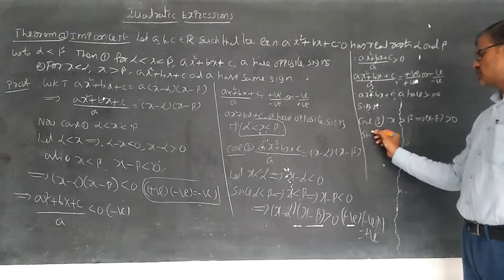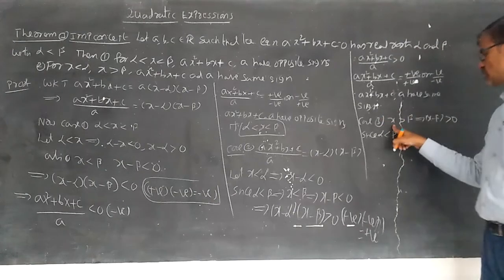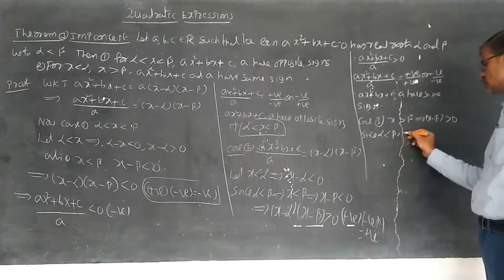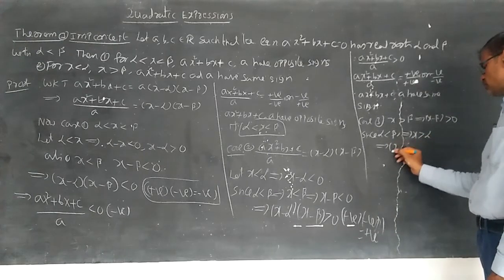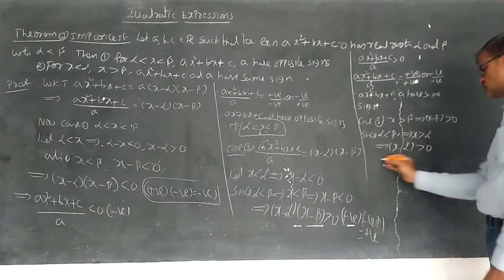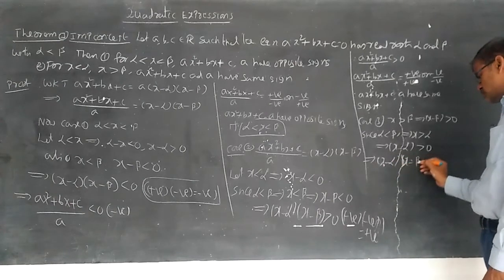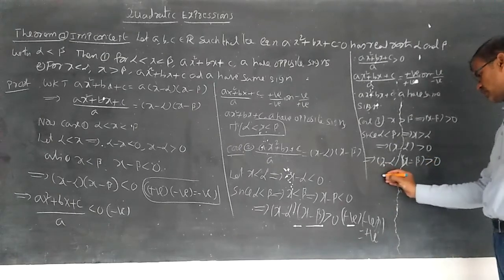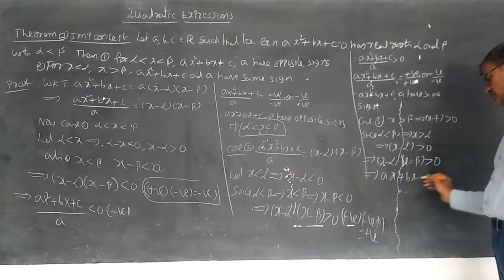Now, since alpha is less than beta, try to understand here x is bigger than beta. Whenever alpha is smaller than beta, then you can understand x is even bigger than alpha. So whenever x is bigger than alpha, you can understand x minus alpha greater than 0. That implies we can write here x minus alpha into x minus beta greater than 0. That implies you can understand this is positive, (ax square plus bx plus c) by a greater than 0.